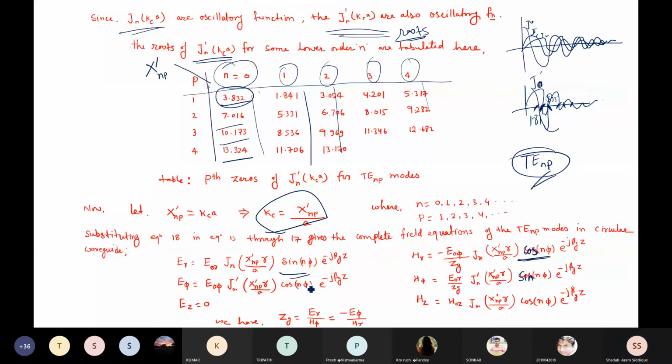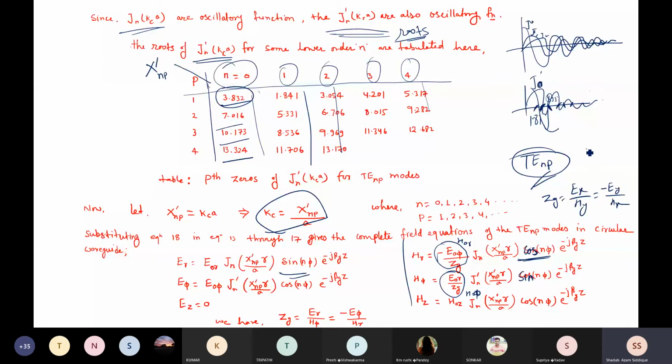Okay. So that is written here, and now you will ask, sir, we have written this one, can we write here without writing this? We can write H naught r here without writing this one. Yes, we can. This can be written as H naught phi, but we have written it in terms of E naught r by Zg. Why? Because we know the wave impedance Zg should be equal to Er by H phi and minus E phi by Hr. In rectangular coordinates, there Zg was equal to Ex upon Hy, or Ey upon Hx.